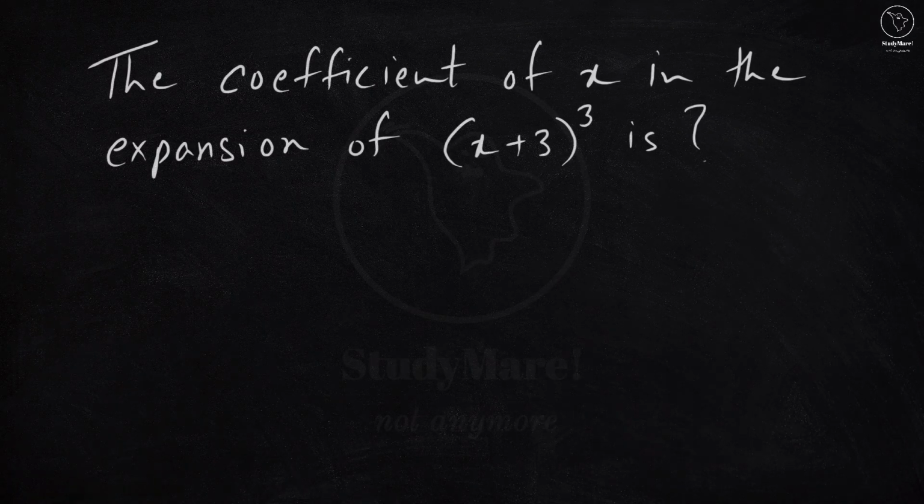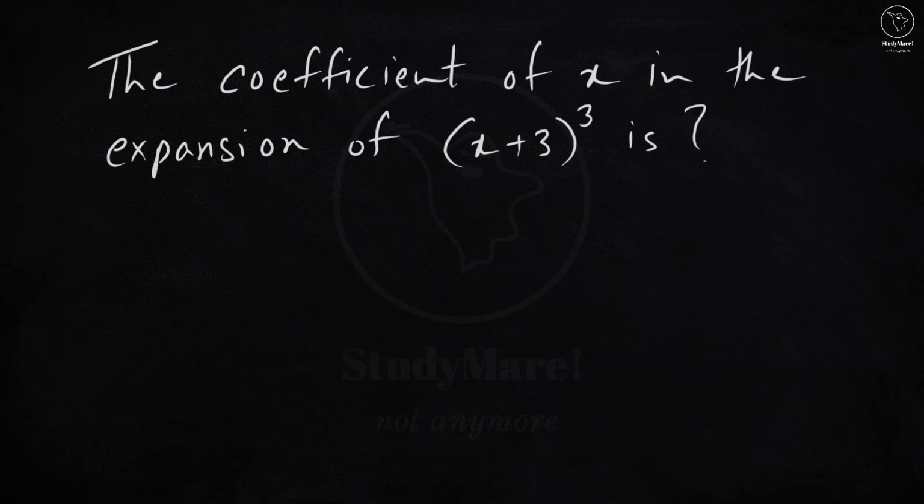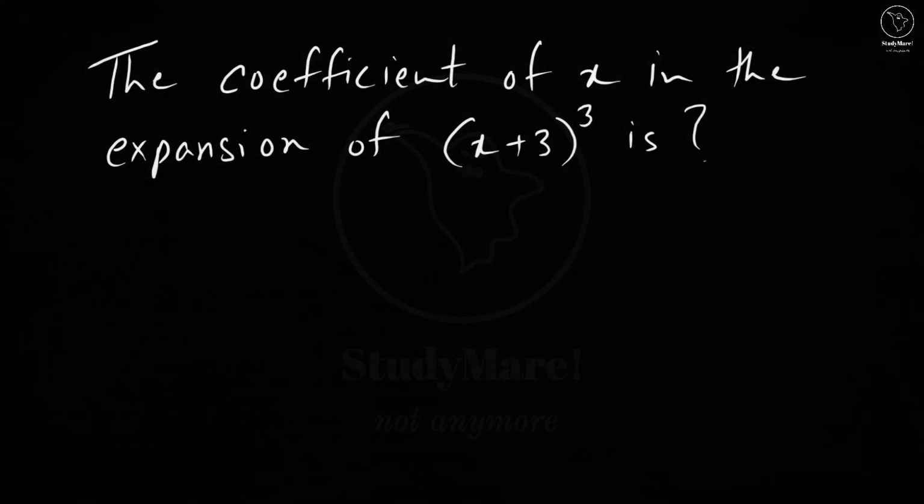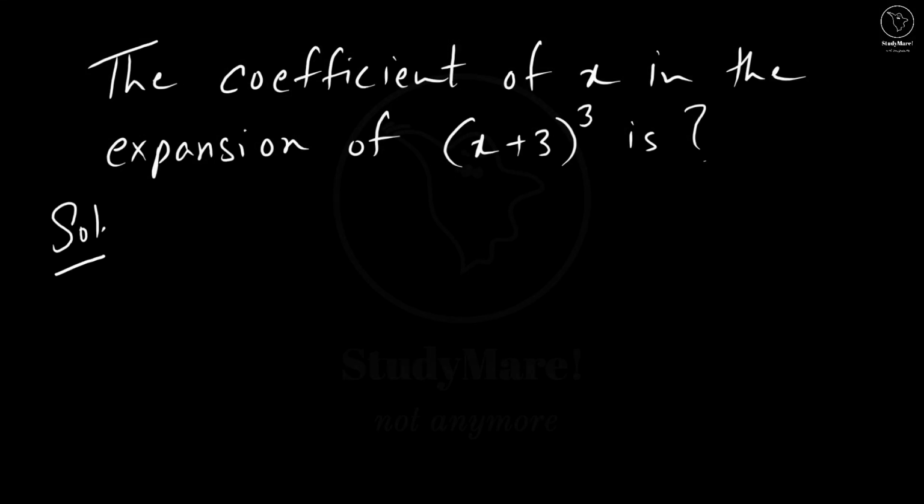Direct application of the identity. Only the condition is that you remember the identity well. So let us do this. We have to expand (x + 3)³, and